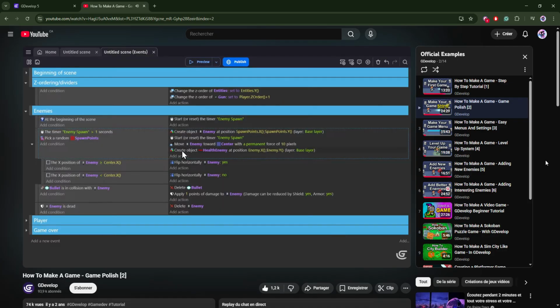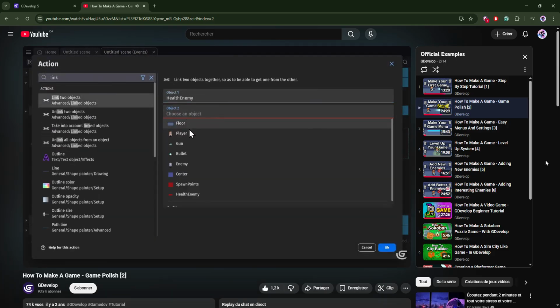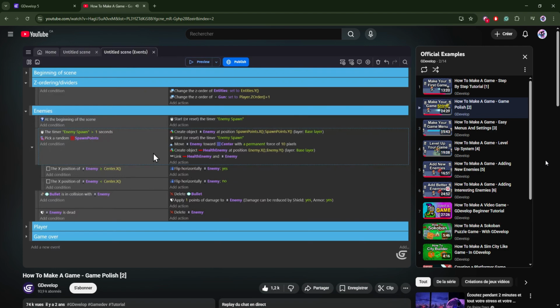So we'll be creating the health bar when we create a ghost object. And then we'll be using the action to link that health bar to the ghost, which will let us do something later. And because the ghost and the health bar are created at the same time, when we tell it to link, it's going to link two of those objects together because they've already been picked, and it will ignore all of the other ones in scene. So now that it's linked, I can make an event that positions